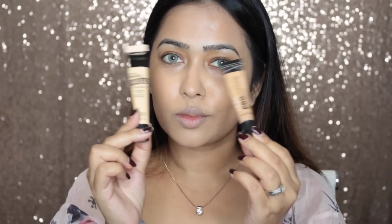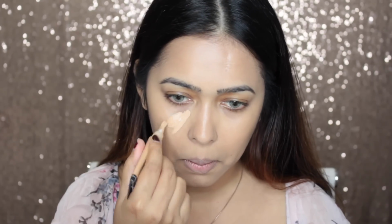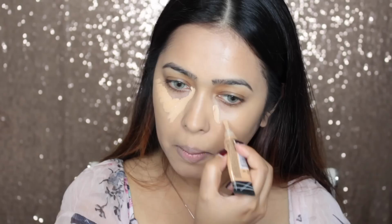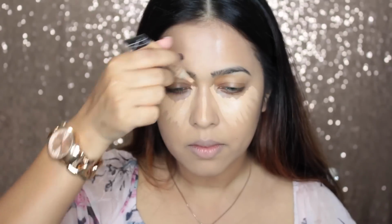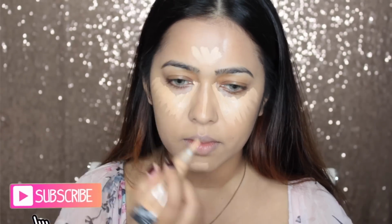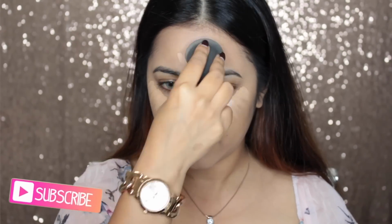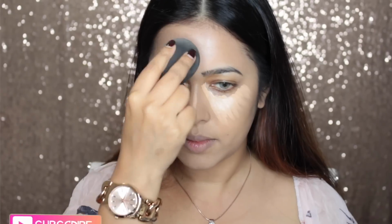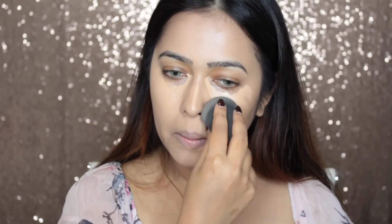Then I'm taking a mixture of this Maybelline Master Conceal and Eylure Pro Concealer, and I'm applying it underneath my eyes and all the high points of my face, like the bridge of my nose, my chin and forehead. And again, I'm using my beauty blender to blend it all out. Oh, and by the way, it might look like I've used just one concealer, but I've actually mixed both of them